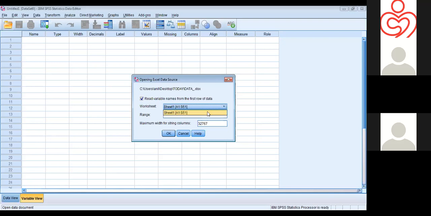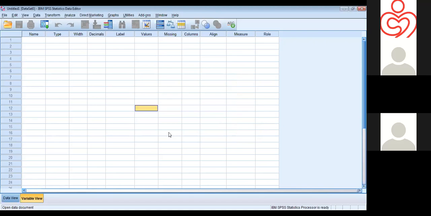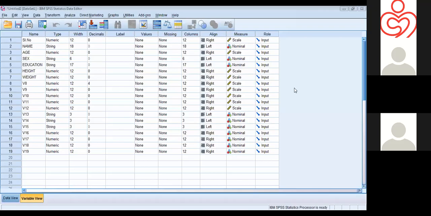Here I have only one sheet, so I select sheet 1 and put OK. Okay. Thus, I got my data here.